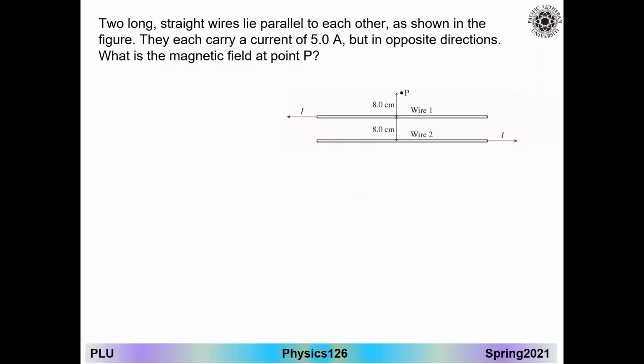So in this example here, we have two wires. They carry the current in two opposite directions, 5 amps, and we need to find the direction and the magnitude of the magnetic field at a certain point. In this case, it is B, located a certain distance from the two wires. And since we know the formula to find the magnetic field around the wires,